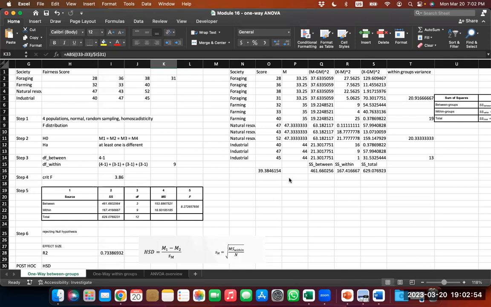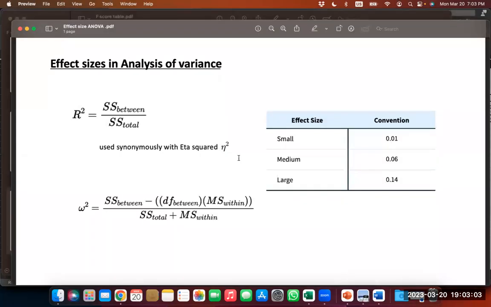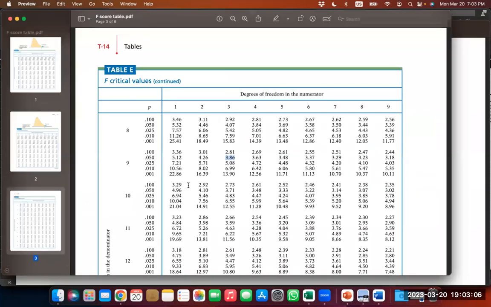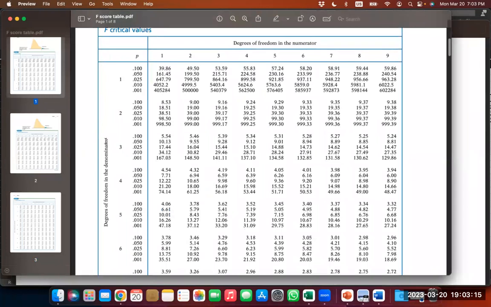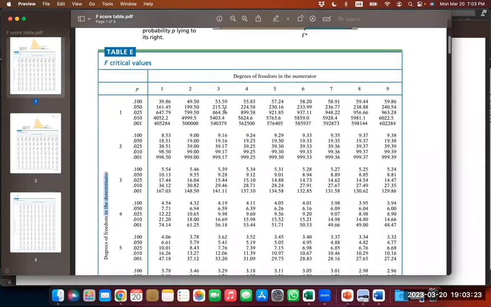Degrees of freedom between and degrees of freedom within will allow us to look up the critical F. And the critical F is found in our F-score table, where we basically have degrees of freedom in the numerator as columns, degrees of freedom in the denominator as rows,